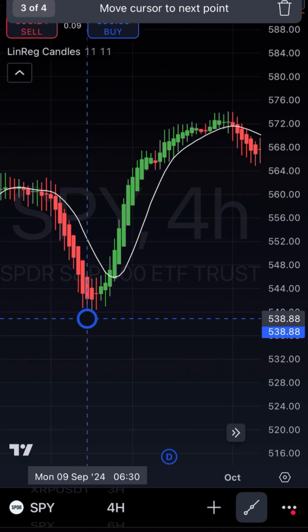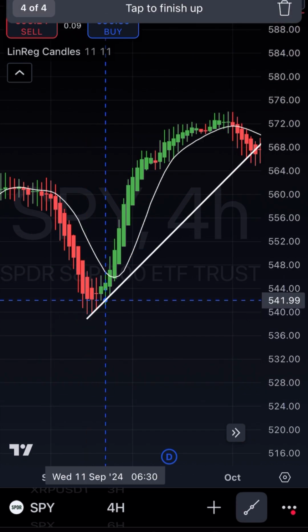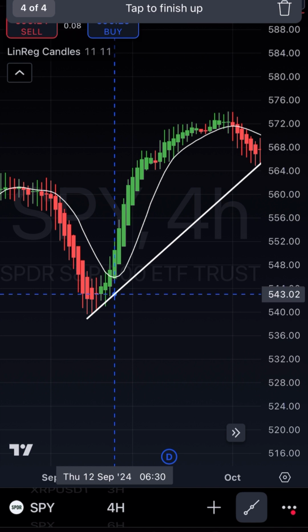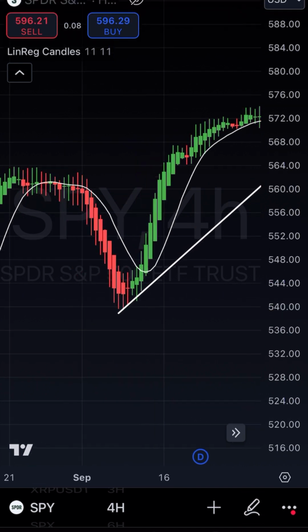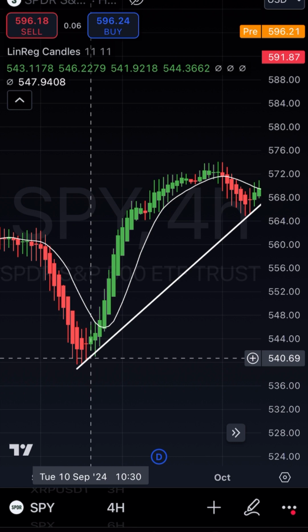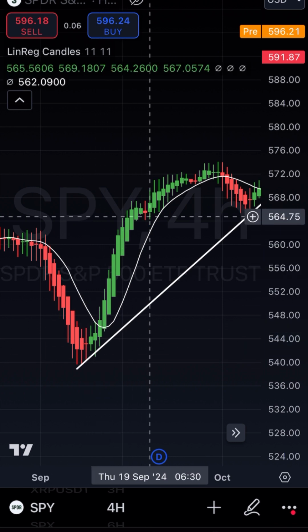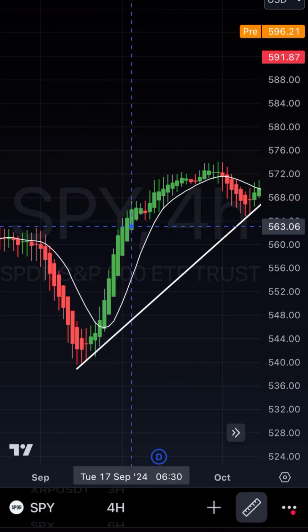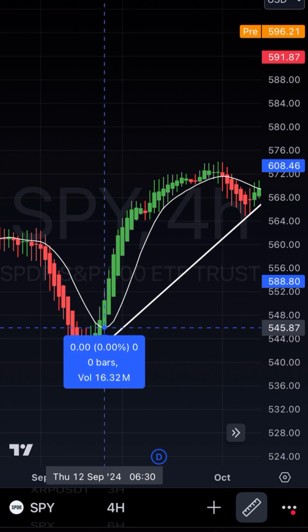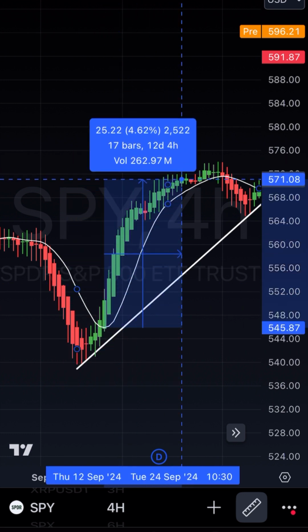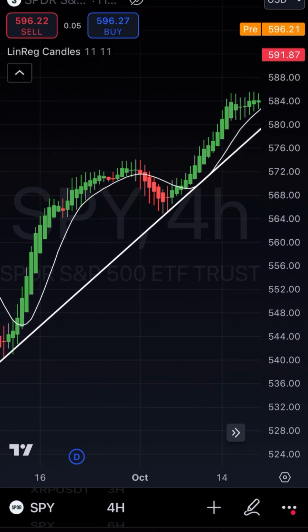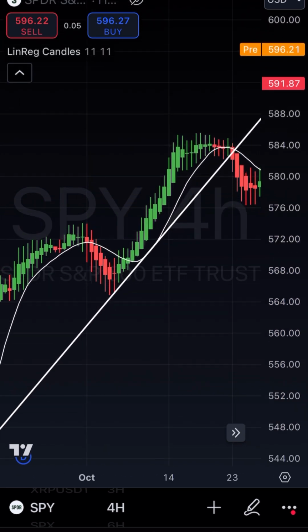You come in right here for your trend line, and it touches right about here. It's about the same thing. Bounces, you're in an uptrend right here. It also goes through your plot line right here, so this would be your trade right here, and it goes against it, and it comes back